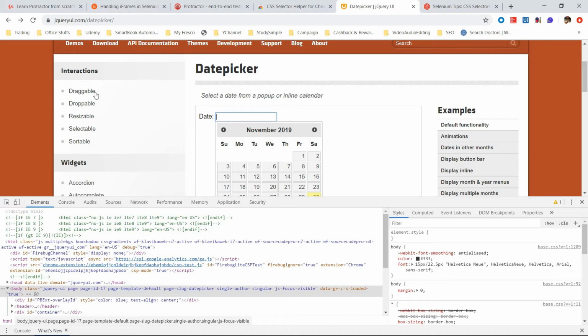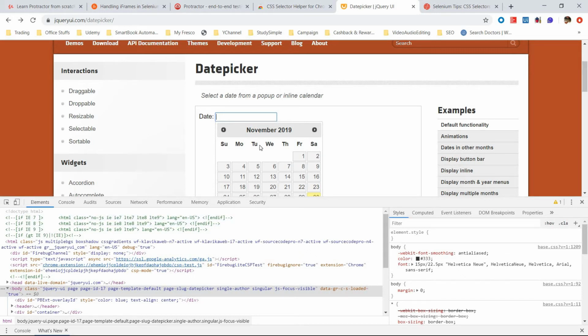Now this draggable section, the left hand and right hand sections, are all outside the iframe. Only this part is inside the iframe. Any operations we do on the outside part need us to come back from the iframe to the default content or the parent frame.